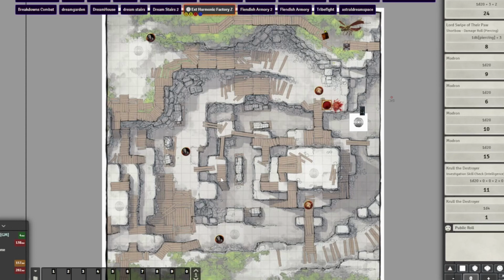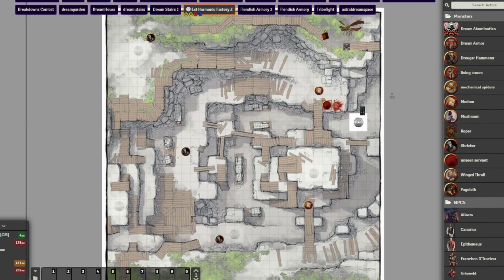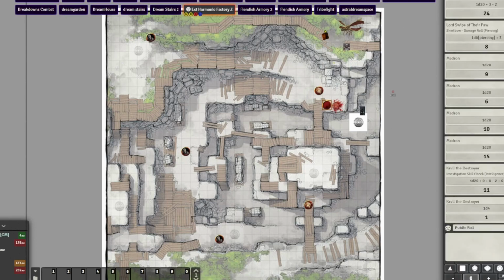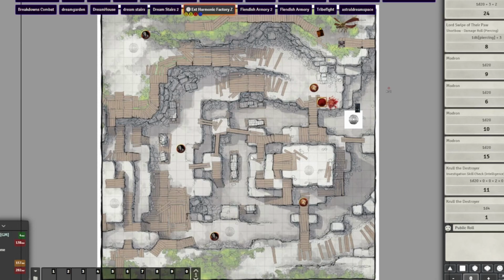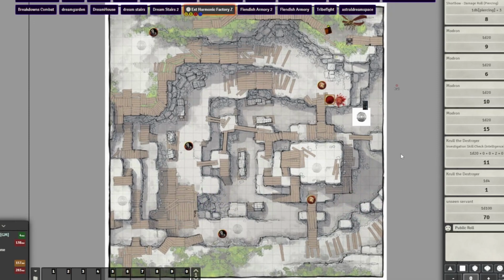But what you do figure out is that these pressure plates can also most likely open up the hidden entrance to the factory. It's been sealed, you think, since there's no evidence of it. But after knowing this, you have a pretty good idea that you can find at least one, maybe two more of these pressure plates hidden around and sort of triangulate exactly which pressure plate is going to open up the door. You don't think it's this one, though.